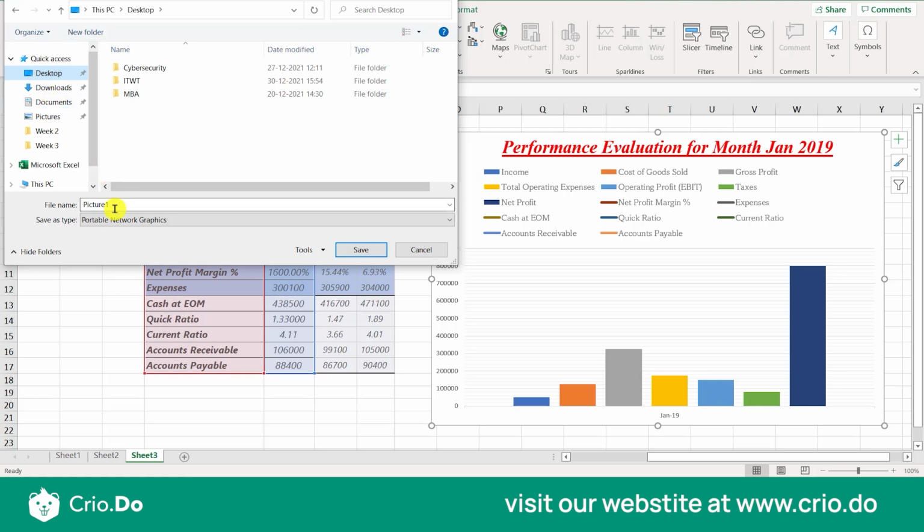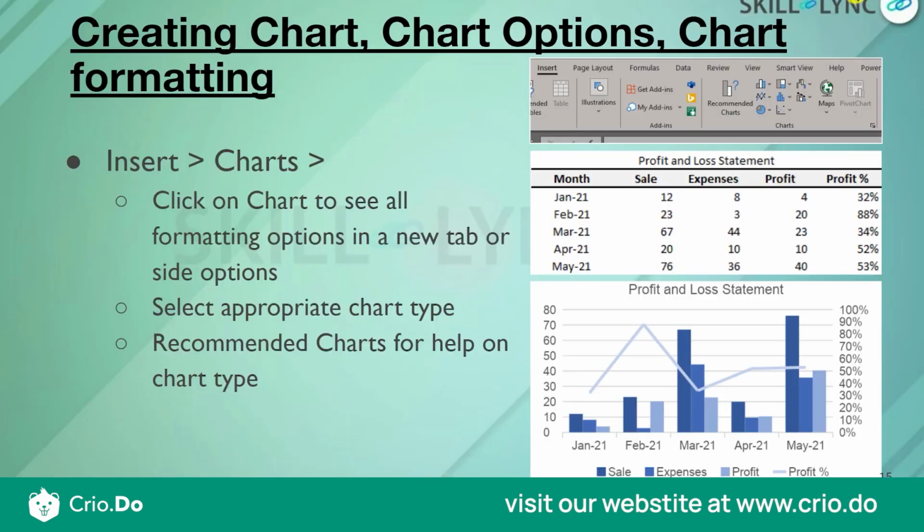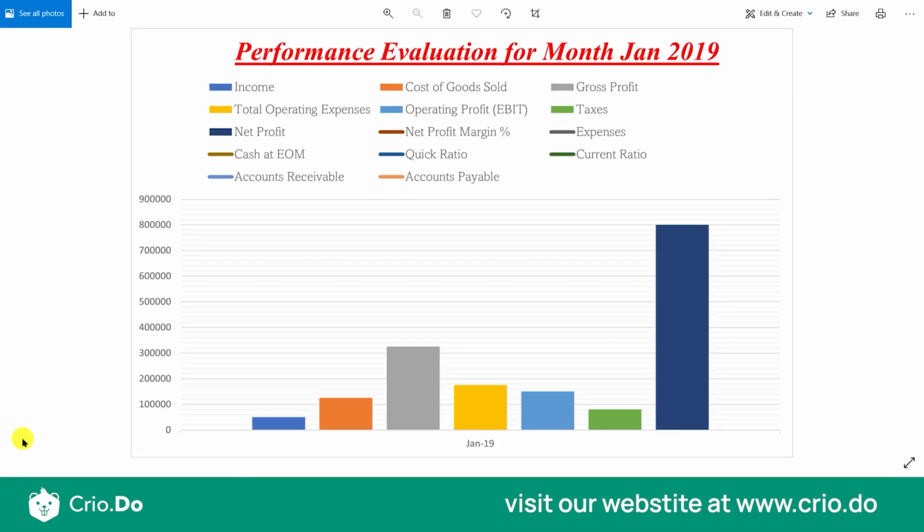I'm saving it on the desktop. I'll go with the pictures one. I'll save it. Let me look for this picture now. Do I have it or not? So I have this picture with me. I'll click on that. So now you can have this picture with you. Just see how beautifully and how effectively this image is in your system, and this is with a higher